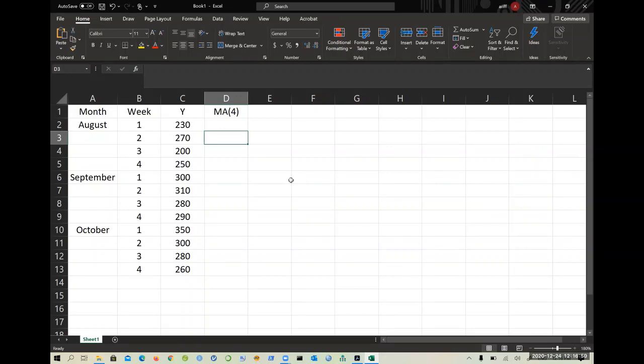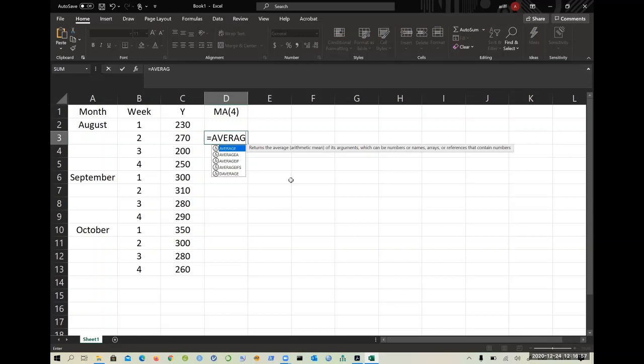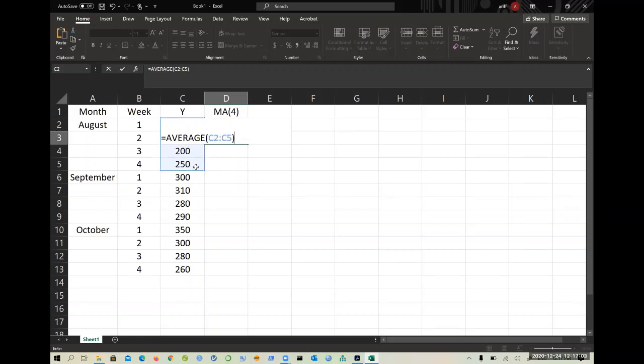The value of n here is equal to 4. So let's calculate the average. So here I calculate the average. I want the first 4. So this will be the first 4, right? So when you start calculating the average, always start with the position where the value started, where the value of y starts.